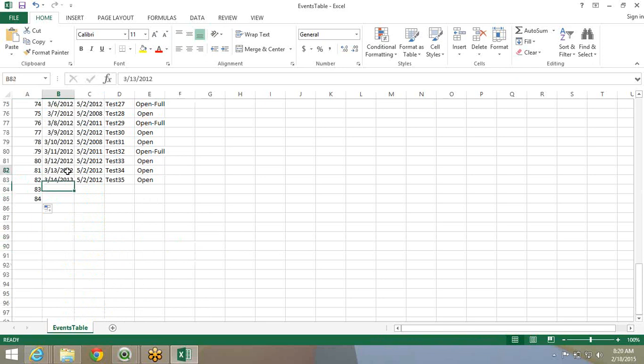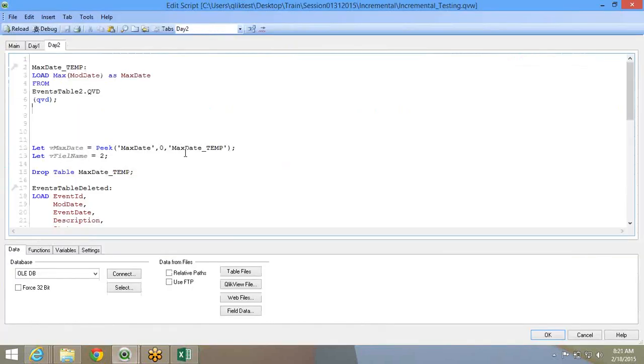So 5 records deleted, 2 records added. My max date is 3/14/2012, and my 2 records are 83 and 84. I have to make sure that I subtract 5 records and add 2 records. So that's what it does.